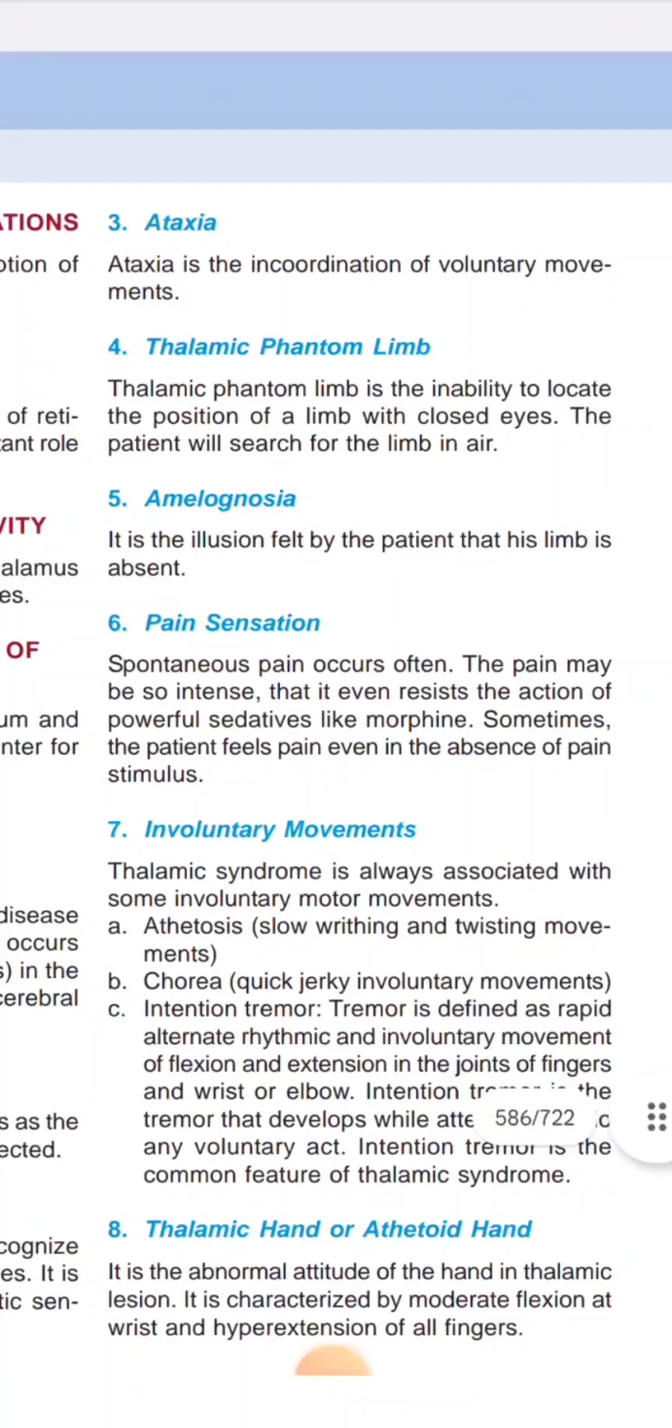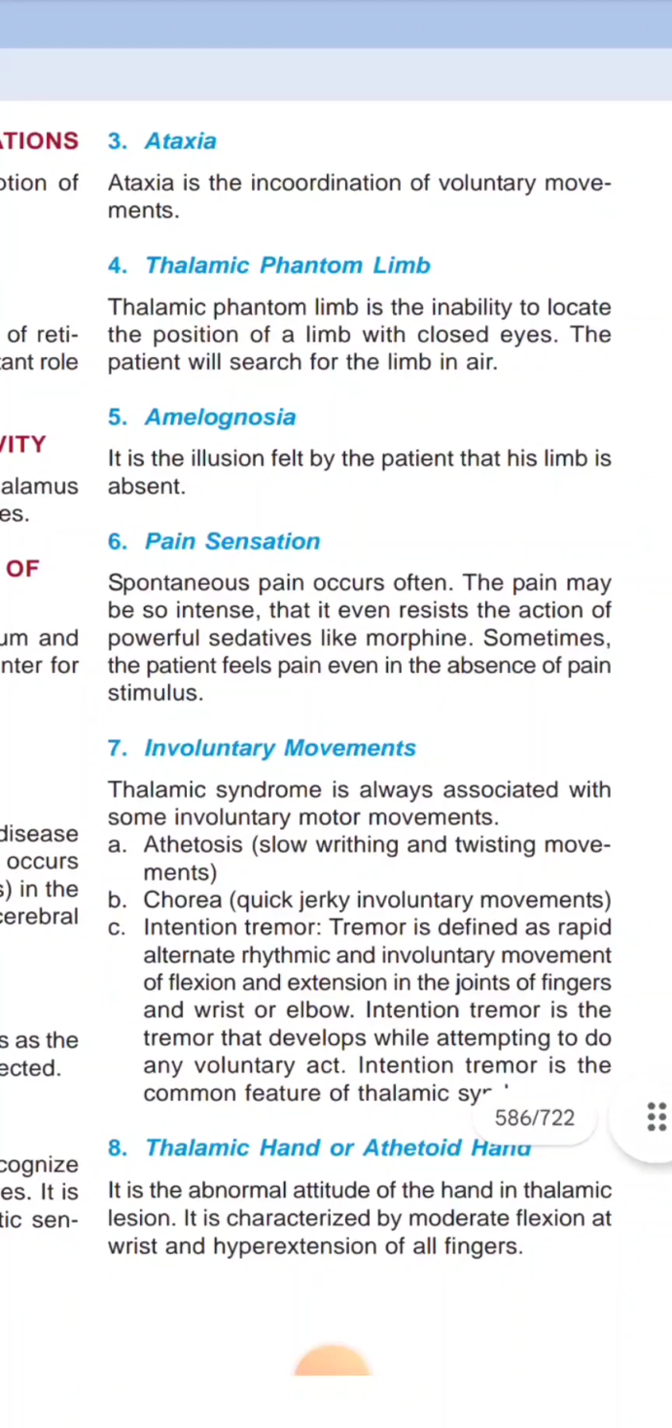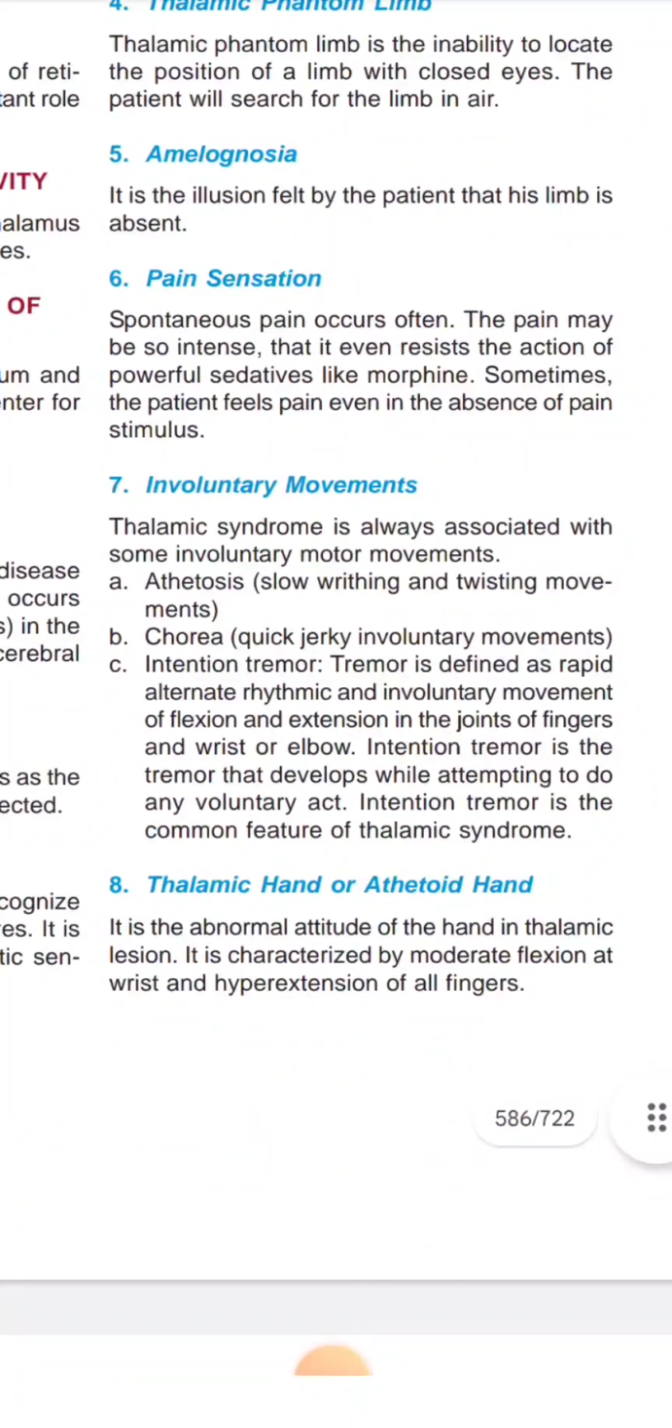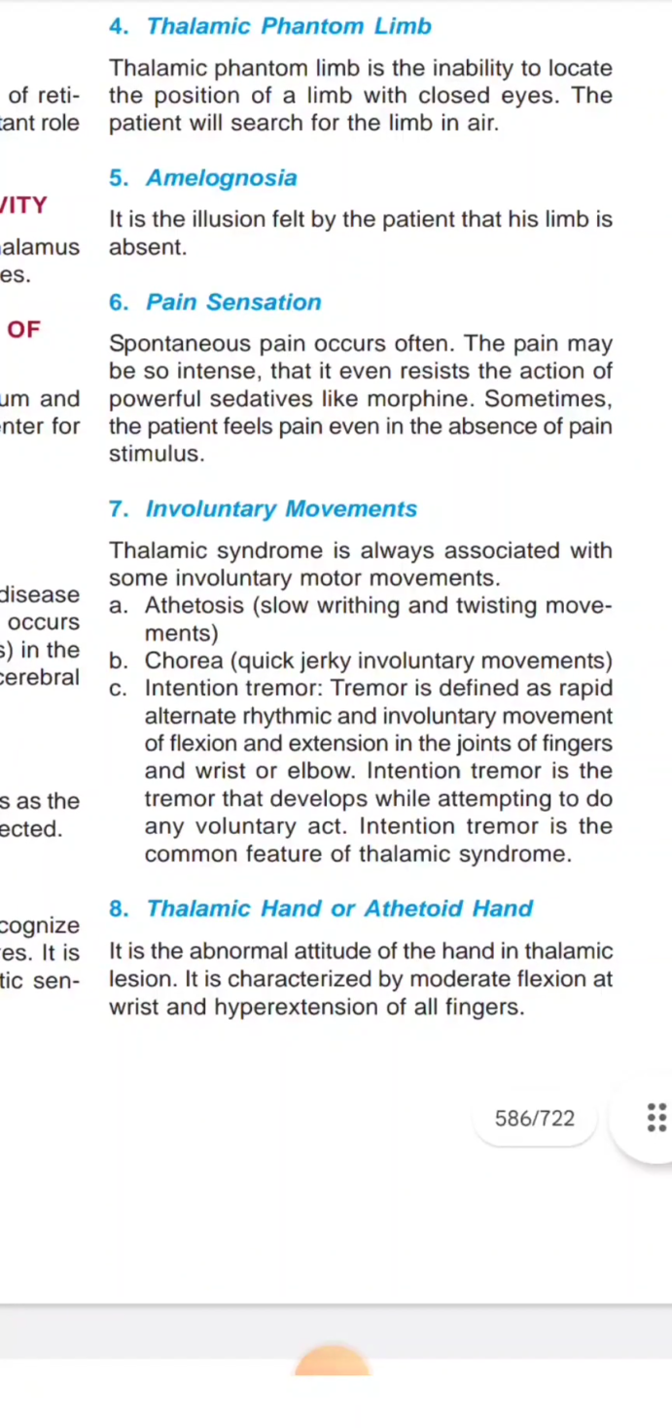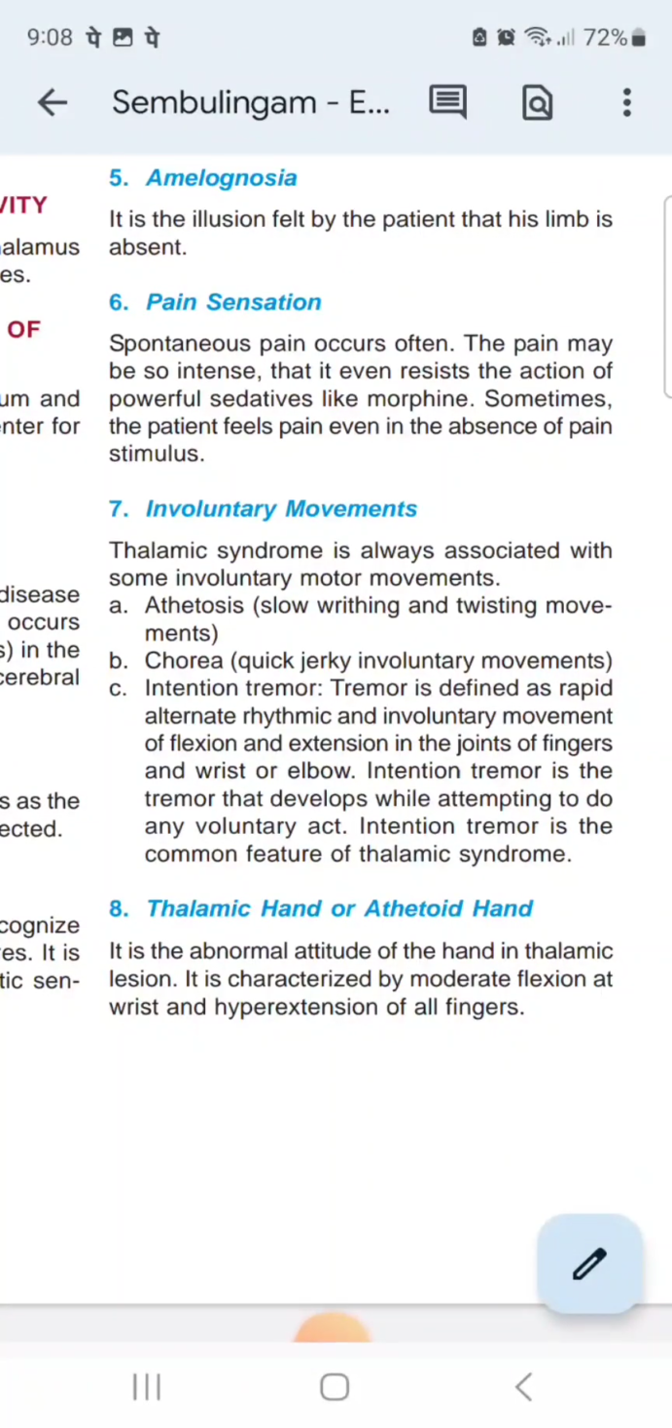So next, hemiasomatognosia, means illusions. They will feel different types of illusions, like his limb might be absent, like that. Pain sensation. So spontaneous pain often occurs. The pain may be so intense that it even resists the actions of powerful sedatives like morphine. Next, involuntary